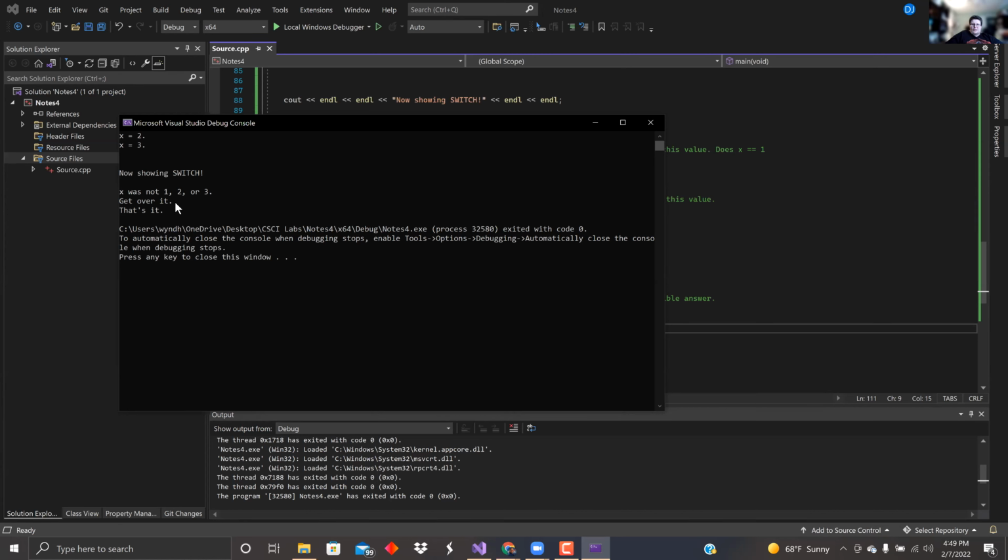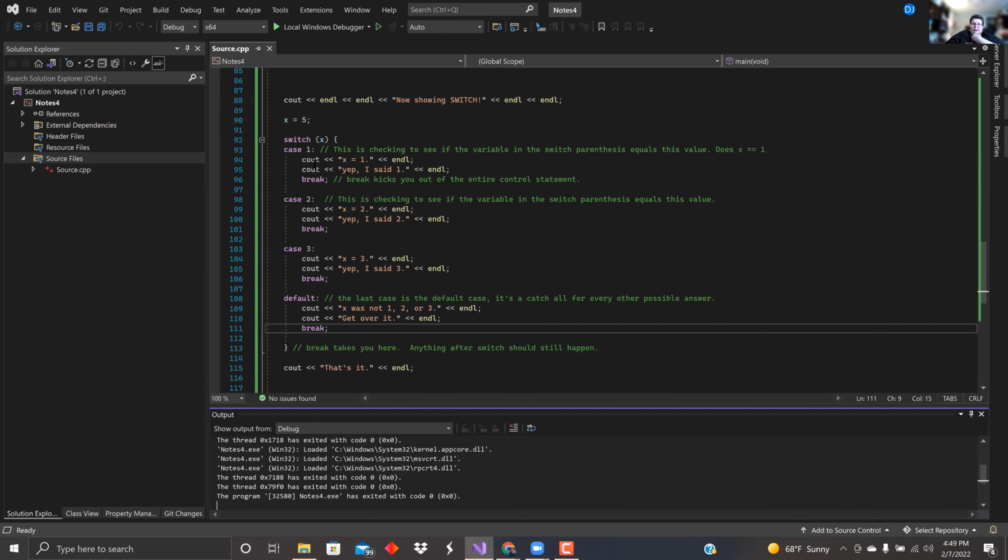So it went through, it got to the default case. You always want a default case. And it does this. This is kind of handy when you don't want to do a bunch of the if stuff. You just need to know how to read it. You do have to break after each one, but also, if you don't want it to break out of it,